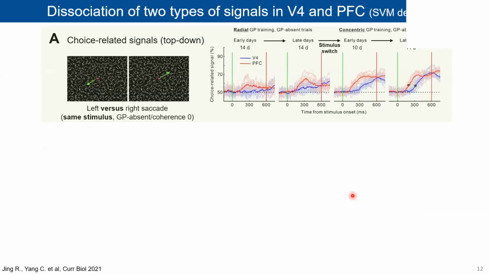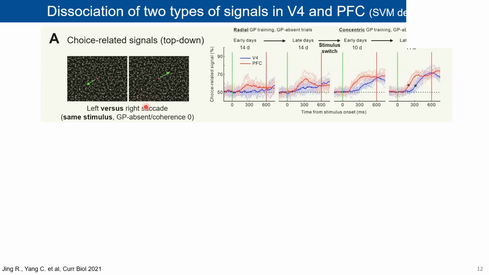So the above analysis was based on SVM decoding of the target locations, regardless of the animal's subjective choice. It is well known that PFC conveys multiple information contents, including sensory evidence and behavioral choice. To examine whether training could affect choice-related neural signals, we relabeled each trial with the animal's choice and conducted the SVM